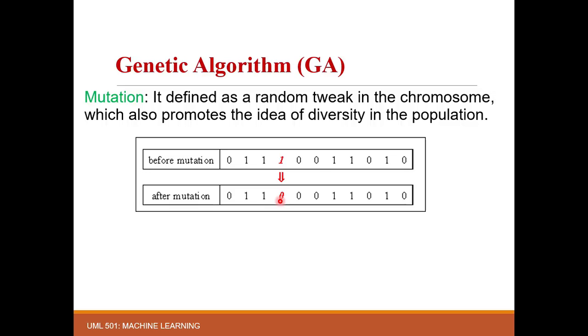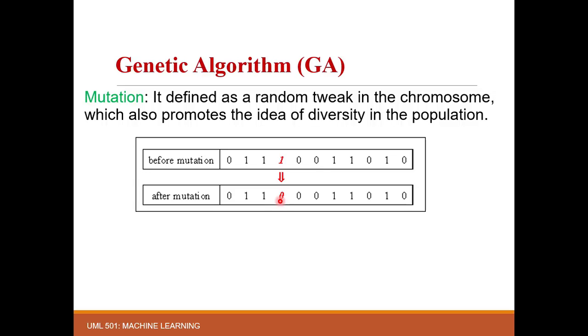Now the basic idea behind mutation is to encourage diversity in the population, because until crossover the offspring are very similar to the parents already present in the population, in the case of single point crossover or 2 point crossover. But while mutating, some bits make them very different from their parents. So the population obtained after mutation is very different from the parent one.